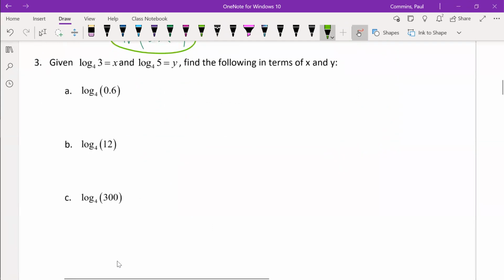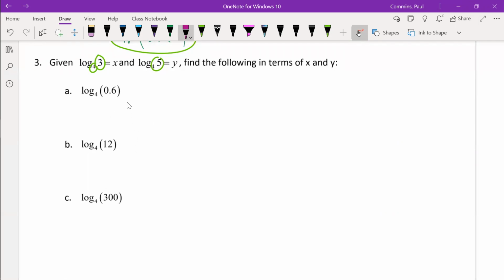Moving on to 3. So we're looking to write everything in terms of 3s, 5s, and powers of 4. Any power of 4 will help. So 6 we can write as